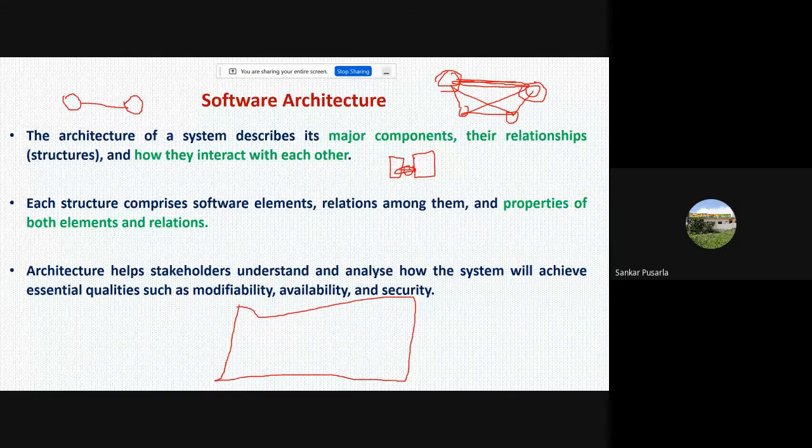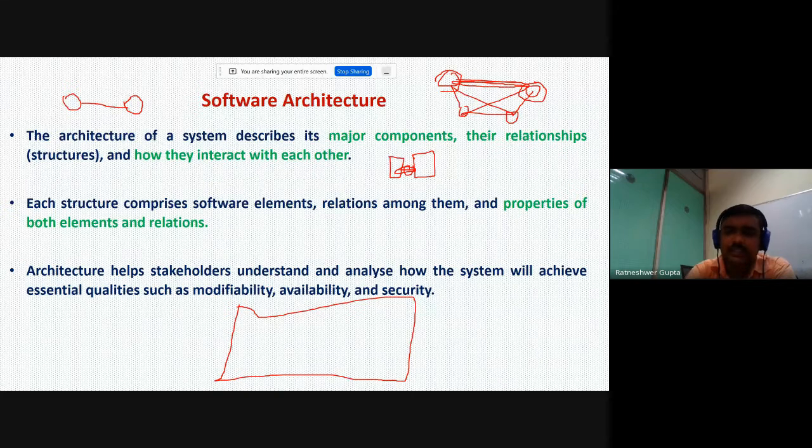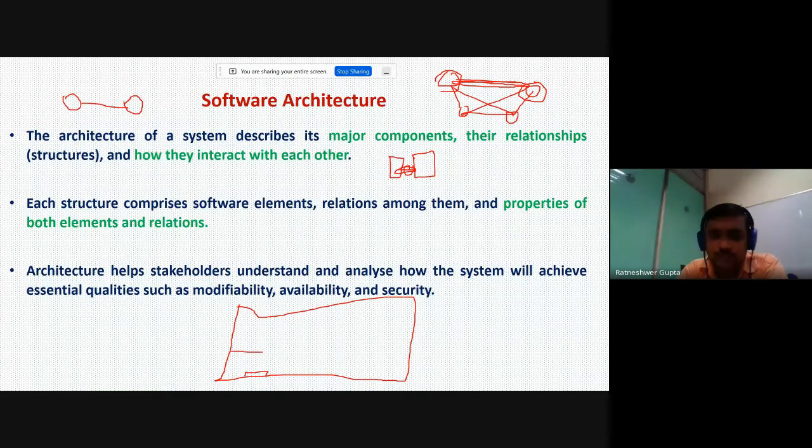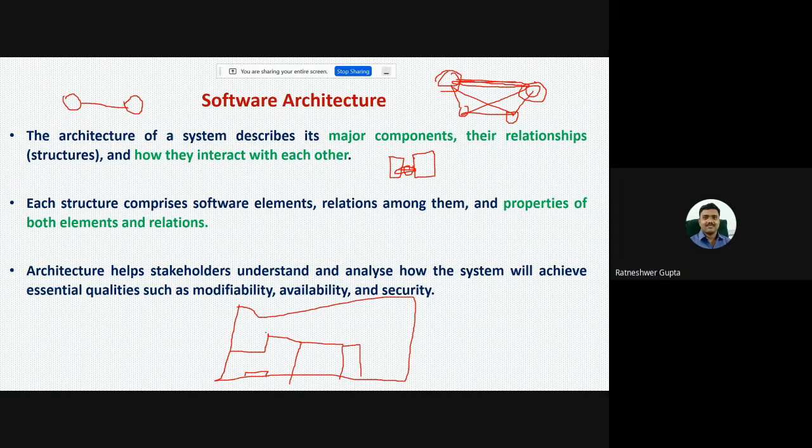Suppose this is the opening gate, this is one room, this is another bedroom, this is some type of kitchen, this is a common area, and these are other areas. You just develop an architecture.